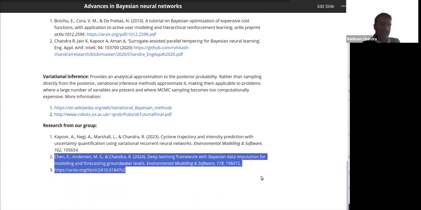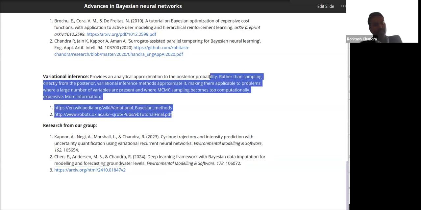And we have also used Bayesian inference with MCMC for data imputation. So these things can be used in places where you really need uncertainty quantification, and where we have a lack of data and you want to make data. So there's a huge area of Bayesian